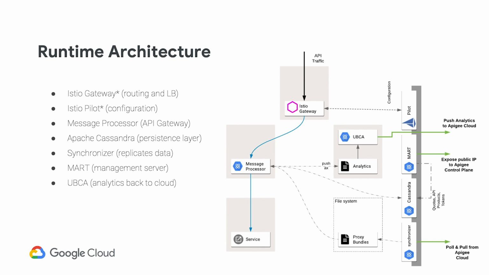So the overall architecture of what gets deployed are these components, and it follows a fundamental philosophy of fail open. What does that mean? You'll notice that all the critical pieces for the success of your API call are available in the infrastructure that you manage. Should you lose connectivity to the cloud, so that's two components, Mart and Synchronizer, that tether to the cloud, and they are not able to tether to the cloud for whatever network failure or other problems that you may have, all the information that the gateway needs to continue processing APIs is already available,